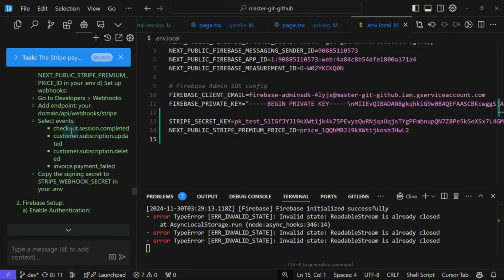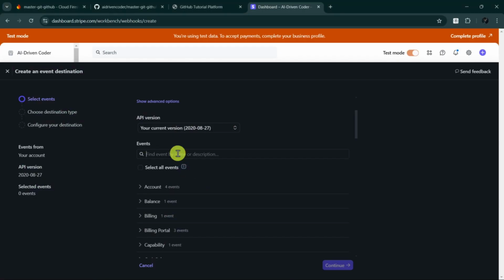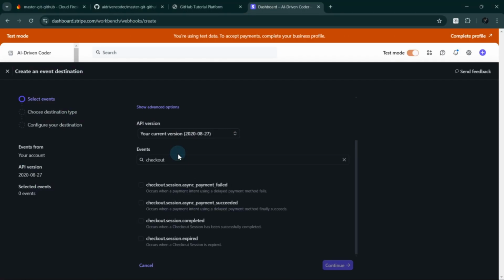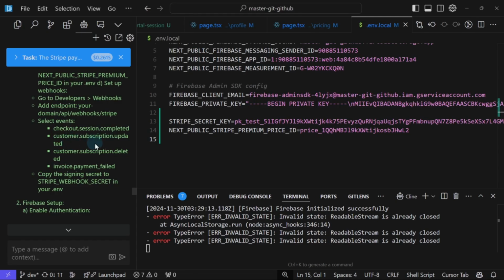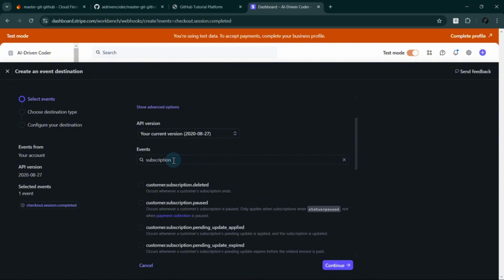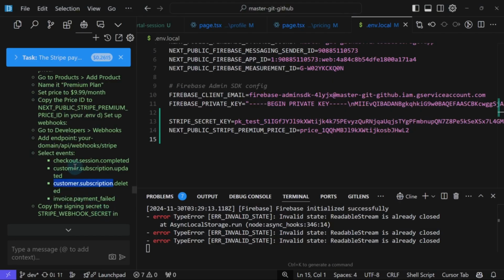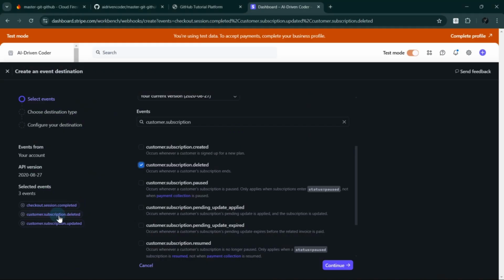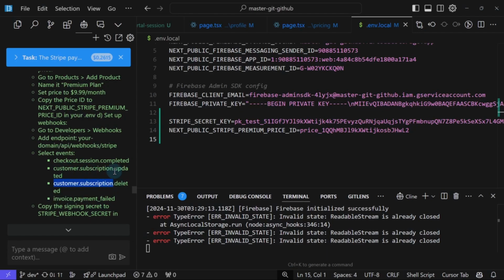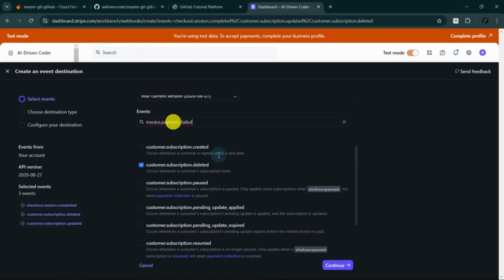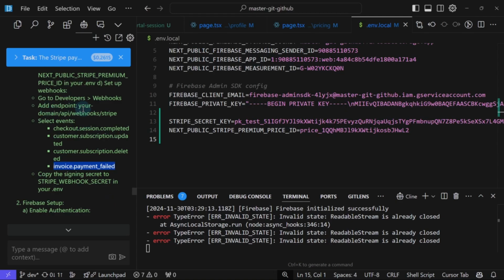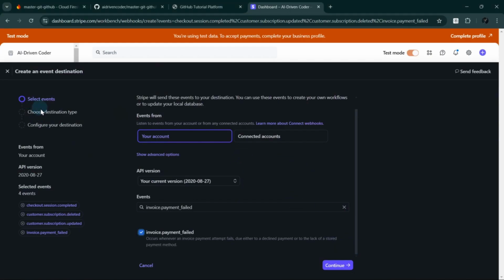Select events: checkout session completed, customer subscription updated, customer subscription deleted, and then invoice payment failed. There we go. I still have to add this endpoint URL, but let me just continue.